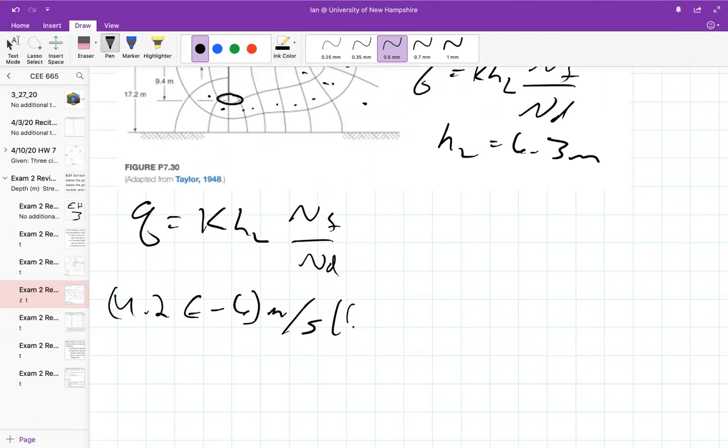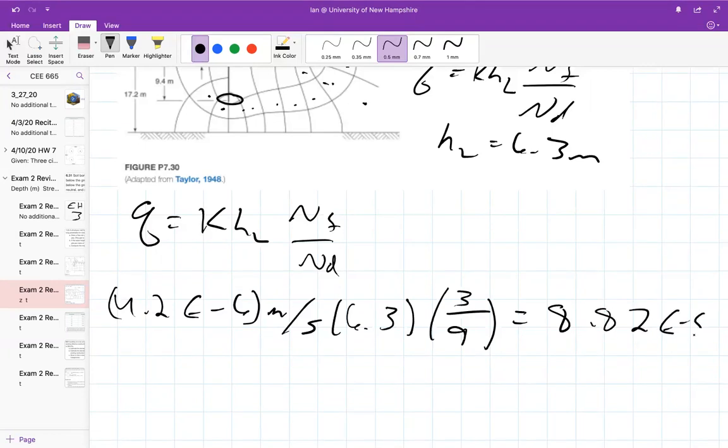So times 6.3, and then the number of channels over the number of drops, so we will get 8.82 e to the negative 5th,